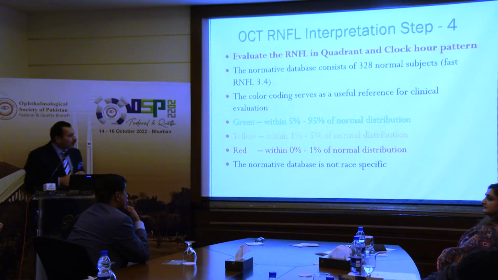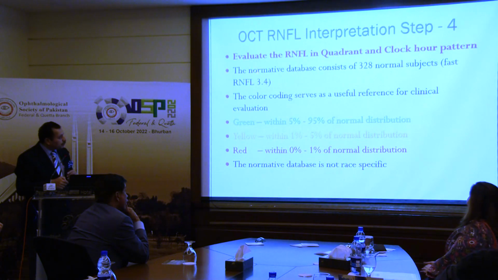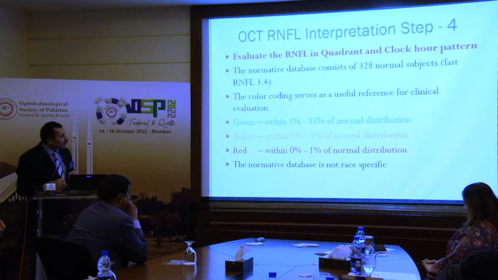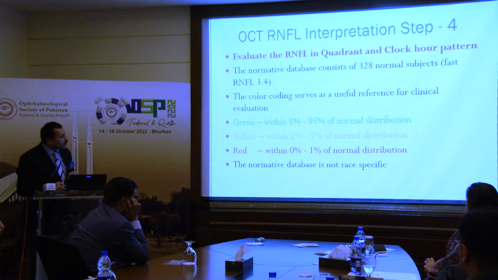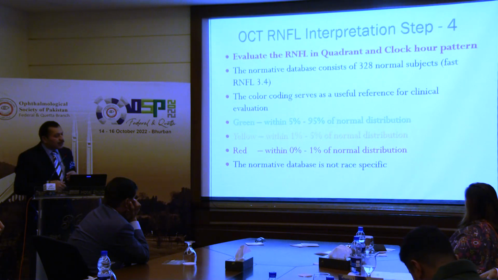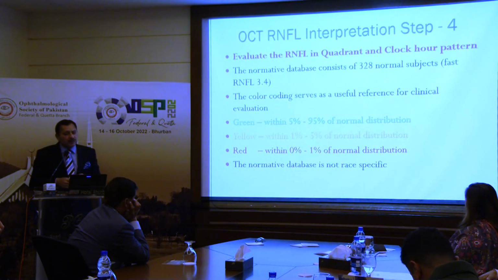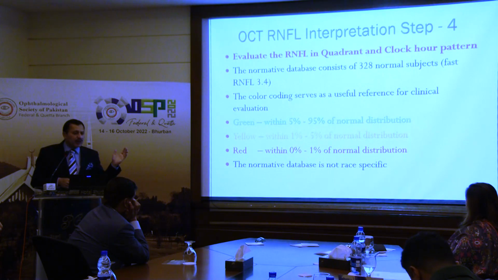चौथा स्टेप क्या है? चौथा स्टेप है कि आपने evaluate the RNFL in quadrant and clock position and wave pattern, ठीक है। Normative database consists of 328 normal subjects fast RNFL के अंदर, ये इन्होंने 328 लिए हैं पूरी दुनिया में से, और उसमें से 8 हैं जो सिर्फ एशियंस हैं। तो ये जो सारी नॉर्मेटिव डेटाबेस है ये एक्चुअली हमारी पॉपुलेशन के लिए नहीं है।